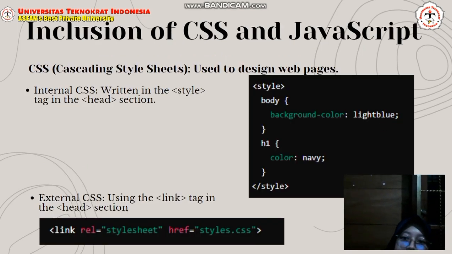Inclusion of CSS and JavaScript. CSS, Cascading Style Sheets, is used to design web pages. Internal CSS is written in the style tag in the head section. External CSS uses the link tag in the head section.